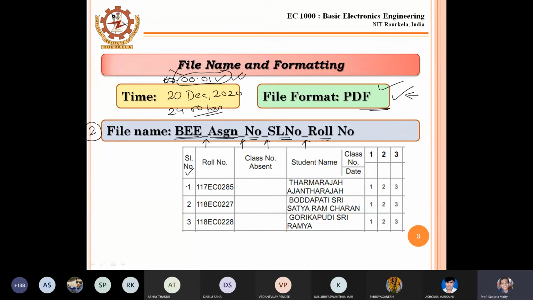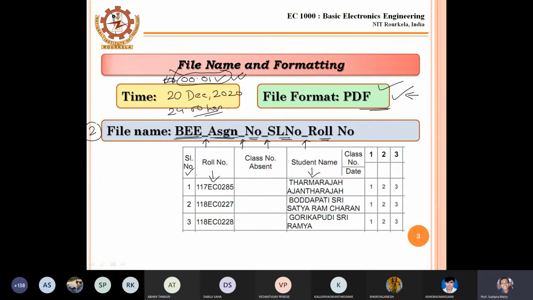Serial number 1, 2, 3. Then the roll number is given, and the name of the student is given. I have already provided this roll sheet, but I will provide it again because the number of students has increased. I will provide it in the file section after this class.